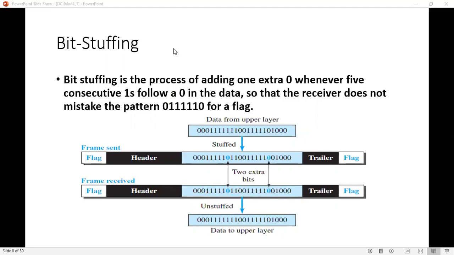See, why we are adding 0 after 5 ones is because, in case this particular information has a sequence that is 0, then 1 six times, 1, 2, 3, 4, 5, 6, and then 0.